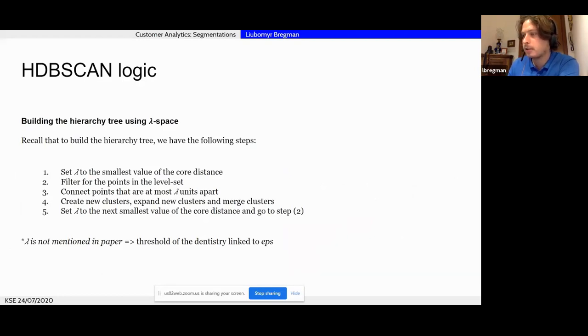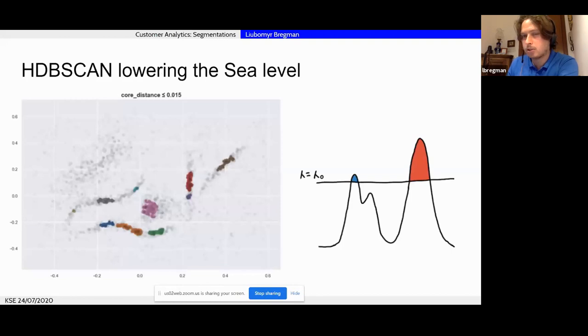Lambda is basically a threshold for density. Actually, I don't believe that you will go specifically into the paper of the algorithm, but this criterion lambda is something kind of synthetic, right? There is no actual lambda in this algorithm, it's just for explaining the intuition.